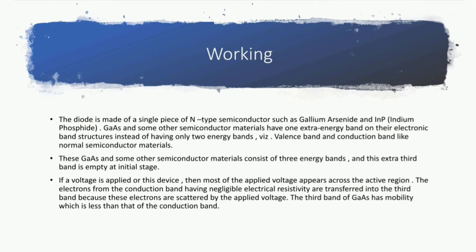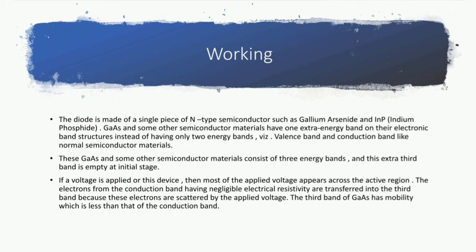After learning about what a Gunn diode is, let us now know its working. The diode is made up of a single piece of n-type semiconductor such as gallium arsenide and InP, that is indium phosphide. GaAs and some other semiconductor materials have one extra energy band in their electronic band structures, instead of having only two energy bands, the valence band and conduction band, like normal semiconductor materials. These materials consist of three energy bands, and this extra third band is empty at the initial stage. If a voltage is applied on this device, then most of the applied voltage appears across the active